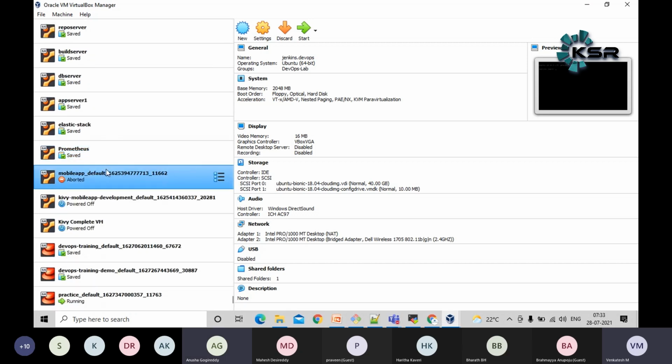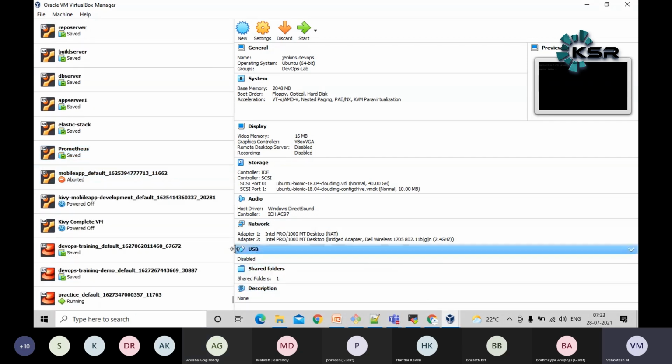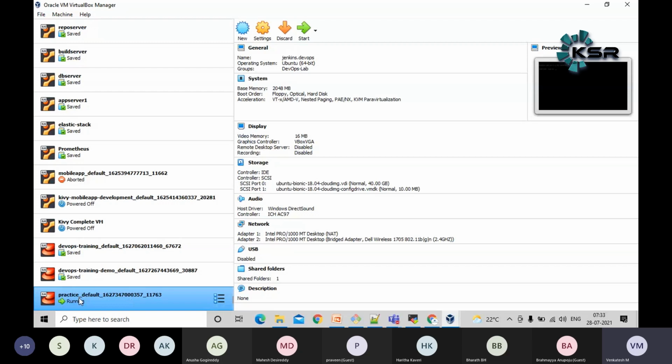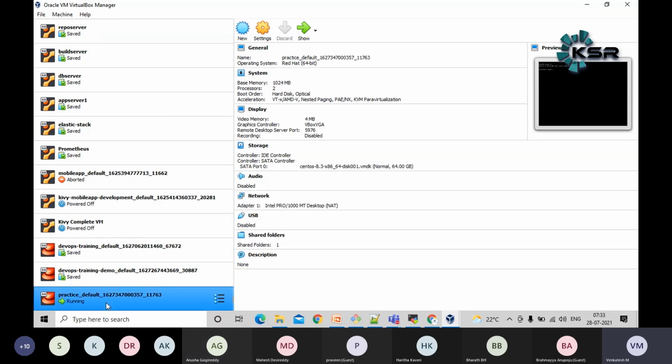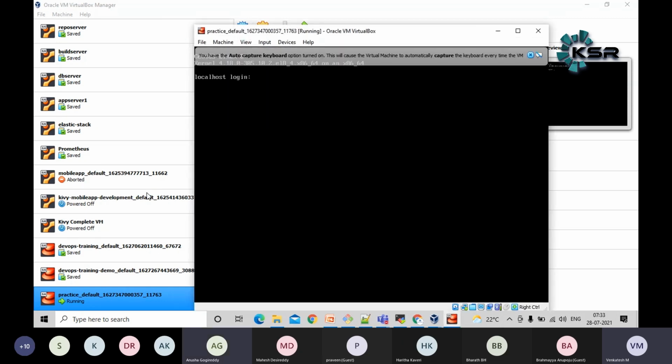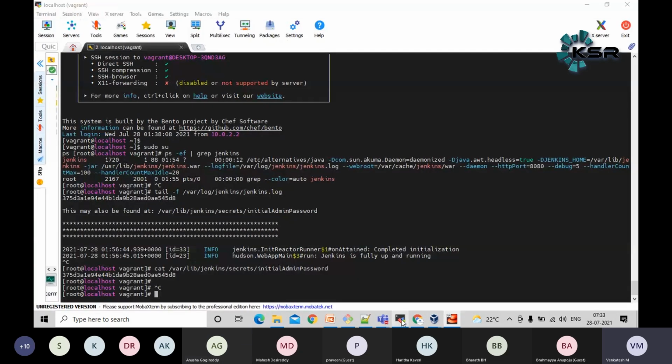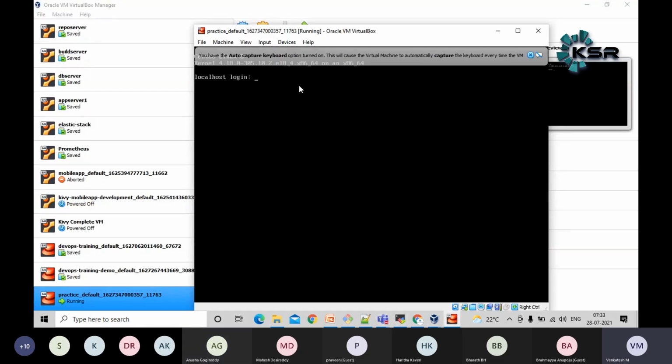Whenever I run the vagrant up command, it's going to start an OS, it will start my server. In real time also, it's the same concept only, it won't change anything. This is my VM which I have created for the demonstration purpose. Now, what am I doing here? Let me show it. When I open the shell here with Linux commands, I'm connecting to this particular guest machine. This is a CentOS 8 machine.